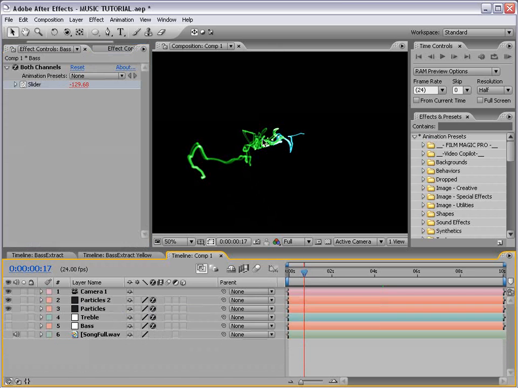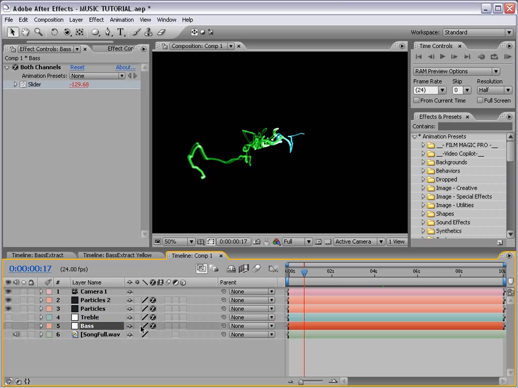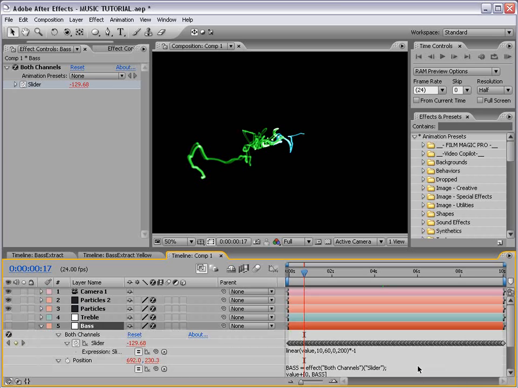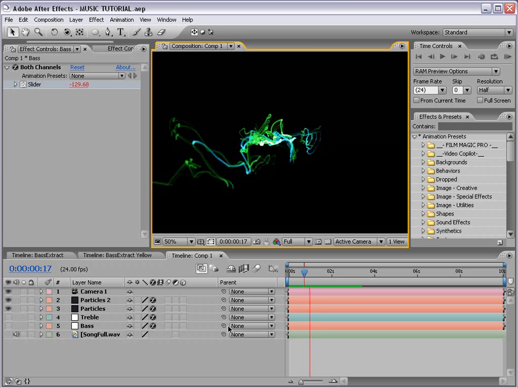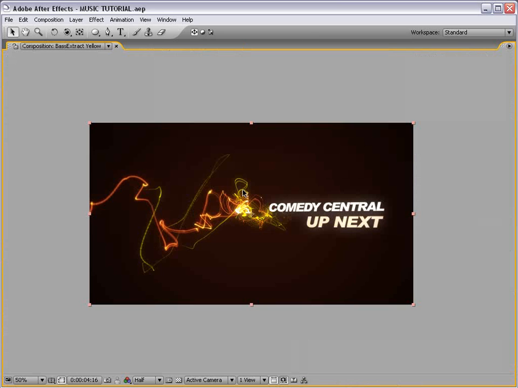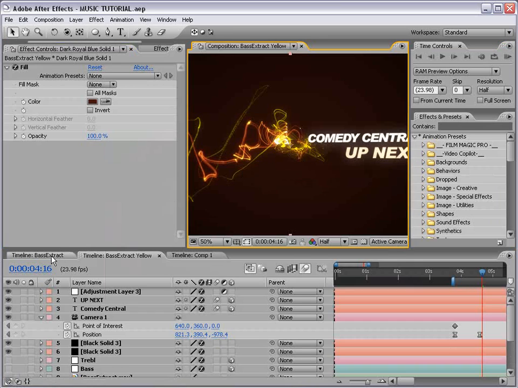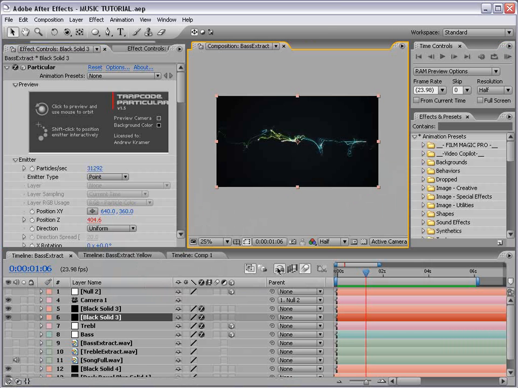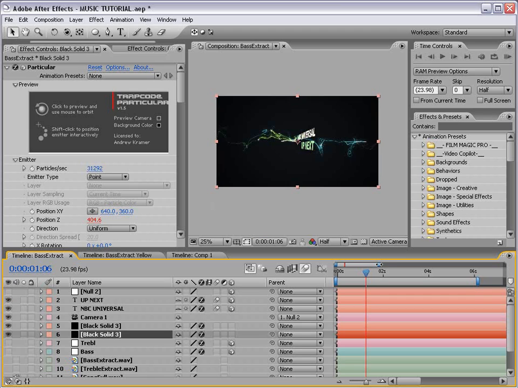Okay, now from this frame, we can see the blue kind of goes into the right and the green goes into the left. And the reason for that is because if we go to the bass channel, we've added an expression times -1. We've reversed that expression, so now the particles are being thrown more in that direction. So as you can see, it sort of goes with the music, and I created an example earlier, and then we have our early example from the beginning. You can choose any of these colors that you would like to use, and so I just kind of created a